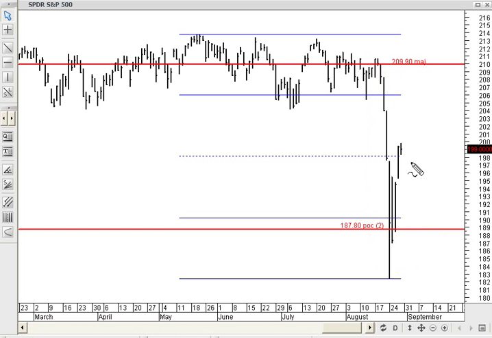It's a big question. I haven't got a big answer. I've got lots of little answers, and that's the best way to view it, I think. We just have to look for clues on the key charts, one of which is the SPDR holding above that level. Just going to mention again on this chart, this level here, 187.80,